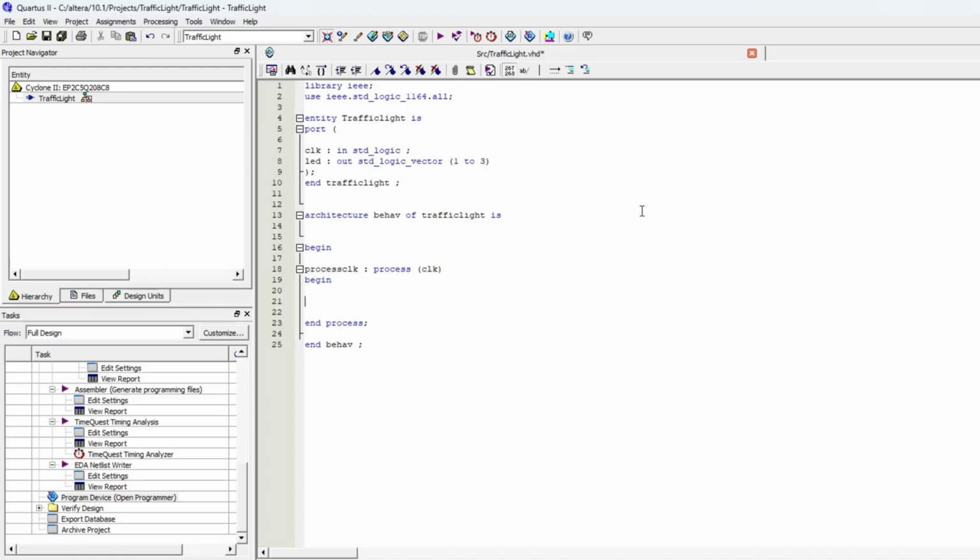Now write the condition for a registered block. So give the condition if rising_edge of clock, then, and in the last, end if. Okay, so this is the body. So we are using this rising edge of clock. That means we will be getting the registered version of our signal, and this will generate a flip-flop in our physical design. Now this is an important step, because we are using a 50 megahertz clock frequency on our FPGA board,